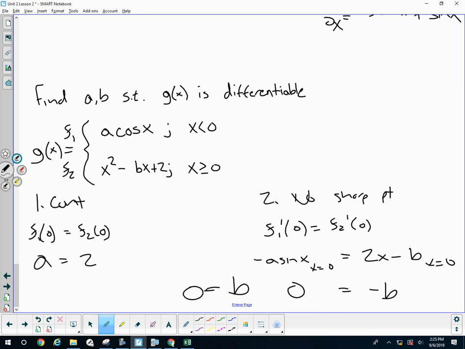Phase 2 be a 0. Cool. 2 cosine x will meet up with x squared minus 2. No, sorry, x squared plus 2. Nicely. Here's